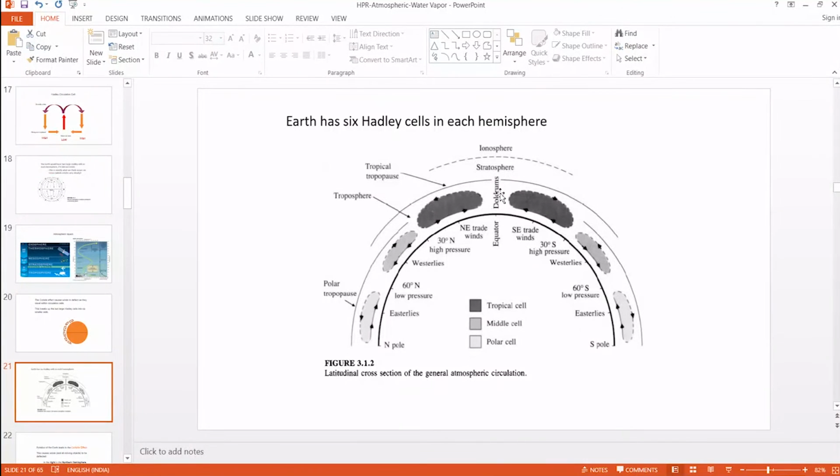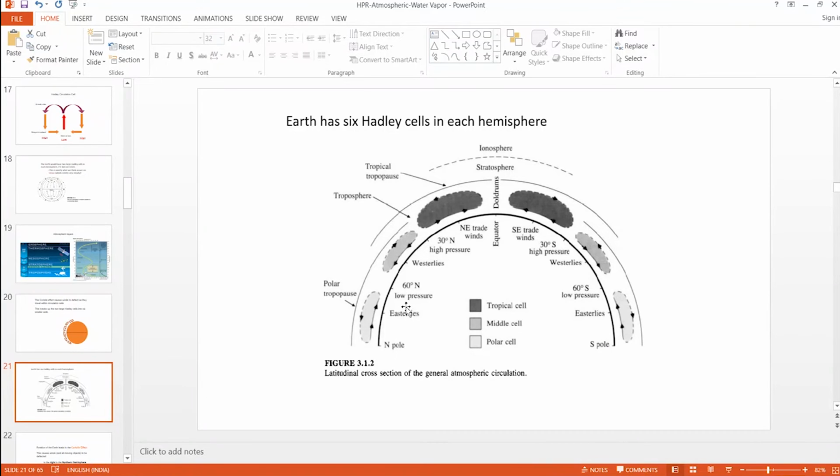See what happens here. Near the equator, the warm air rises, then it flows towards the poles at higher altitude. But during this transport, it loses its energy and cools down. Once it cools down, at around 30-degree latitude, it comes down to the earth, and due to the low pressure at the equator, this wind goes back to the equator. Then again, due to high temperature here, it becomes warm and goes up.